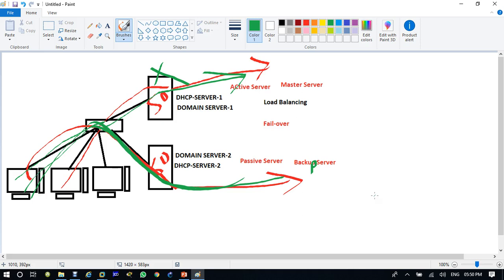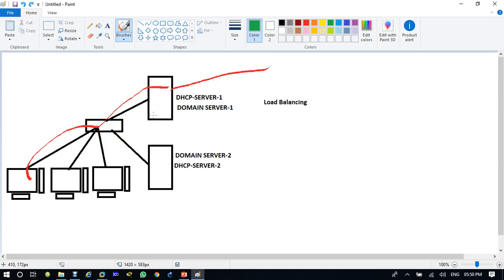So now we have to work on DHCP failover. In the organization, we are going to add two DHCP servers.